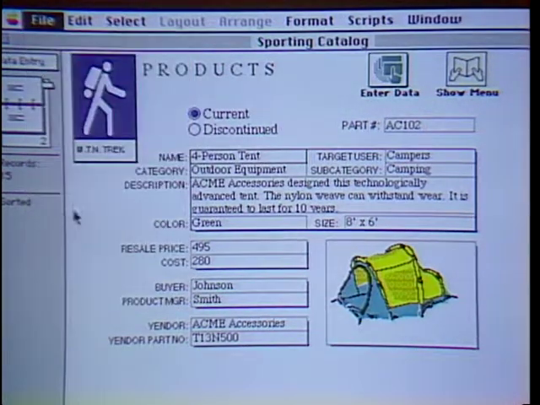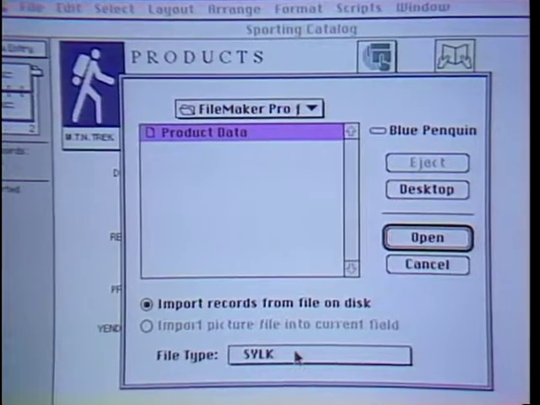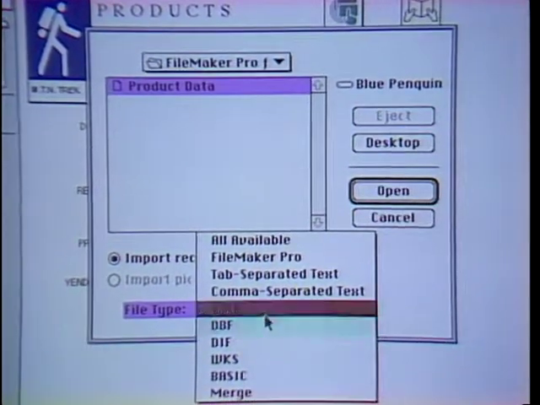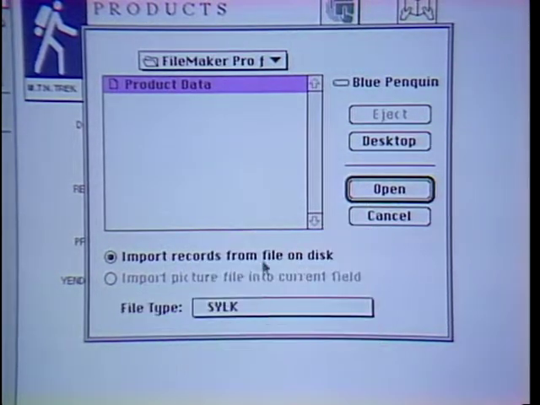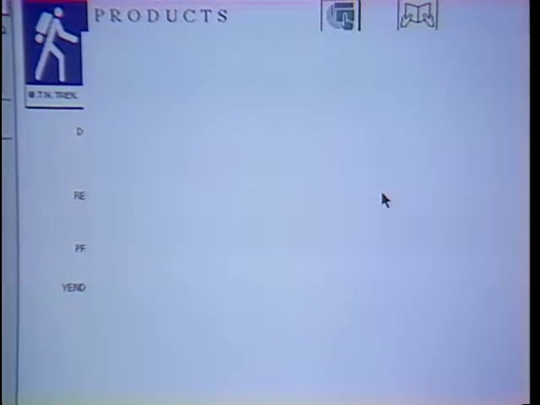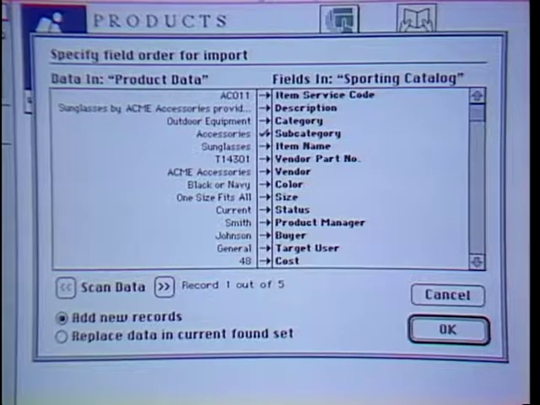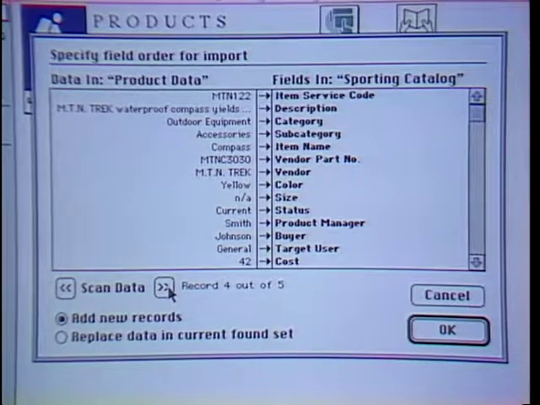Now, FileMaker can import and export data in a very wide variety of formats, and I can select what format that I'd like to import or export from this pop-up menu. Things like DBase, Lotus files, integrating other FileMaker files together, et cetera. So I have a product data file here that came from a spreadsheet, such as Excel or Claris Resolve. And before I actually import the data, what FileMaker displays for me is this dialog box. And this allows me to sample the data that I'm about to import and